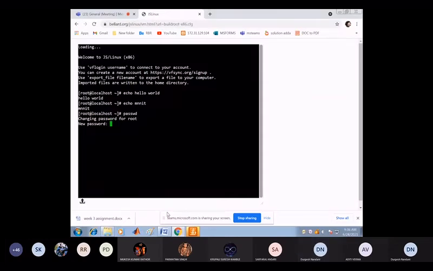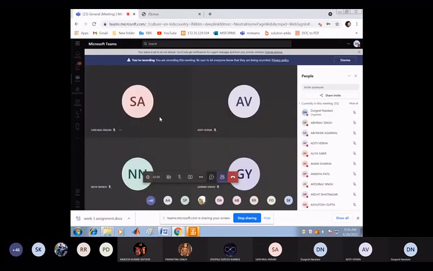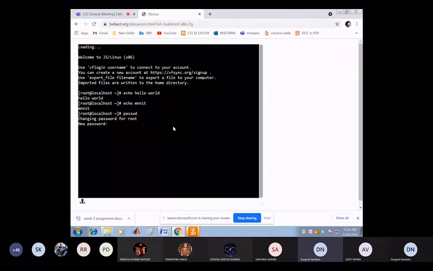Anybody? Sarfaraz? If we are studying Linux, the main thing is root, and each and every time we see root. Aditi, Neha,